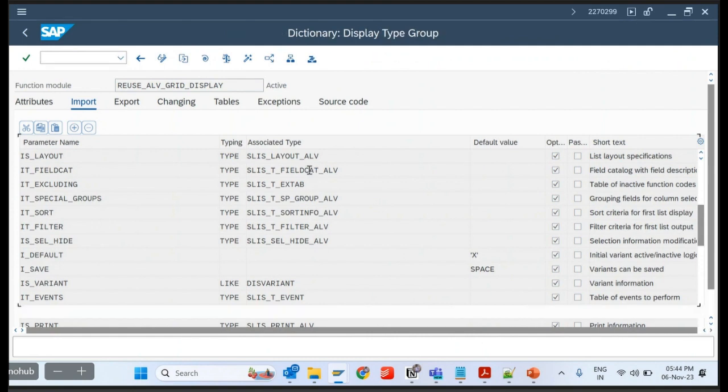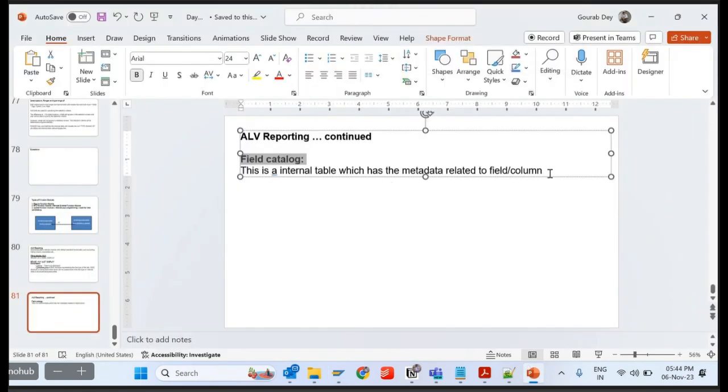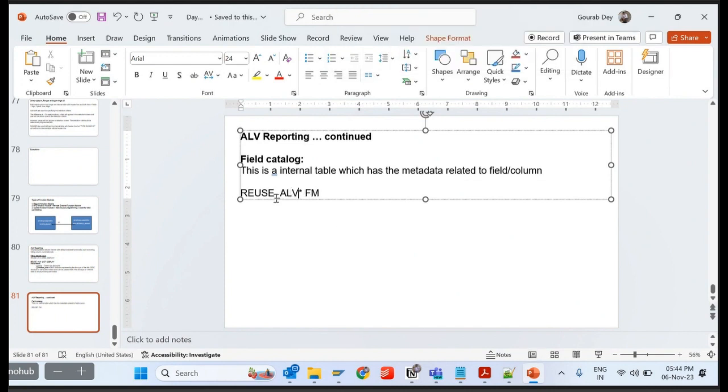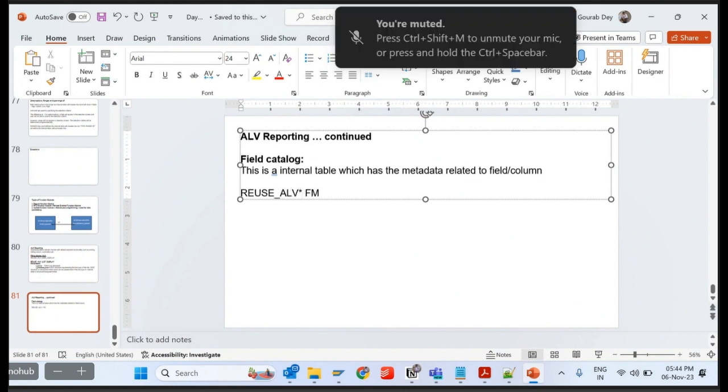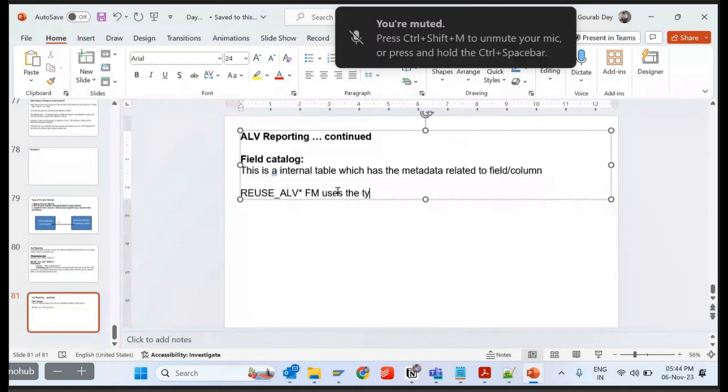If I double click here, it takes me to the type group slash. Reuse star means reuse ALV or maybe list display or grid display, it can be anything. I've given star. The FM uses the type group